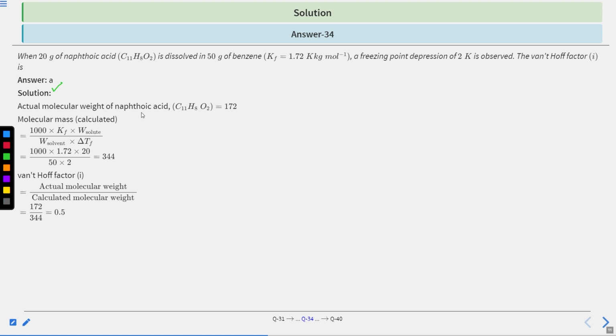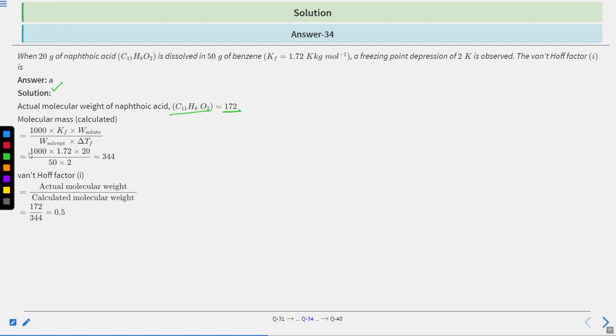Actual molecular weight of naphthoic acid, C11H8O2, is equal to 172 gram. And the molecular mass, if we calculate by using the depression in freezing point formula, we have 1000 multiplied by Kf multiplied by the weight of solute upon weight of solvent into del Tf, right? As we know that del Tf equals to Kf into m. So molarity formula we have equated here. We have written the molarity formula in terms of weight of solute and weight of solvent in kg, and Kf we have written, and the molecular mass of the solute we have